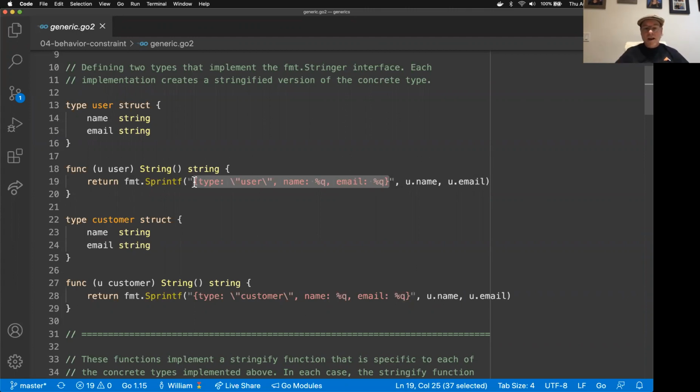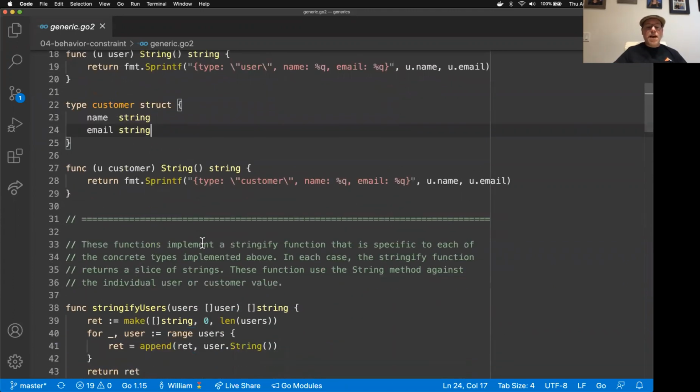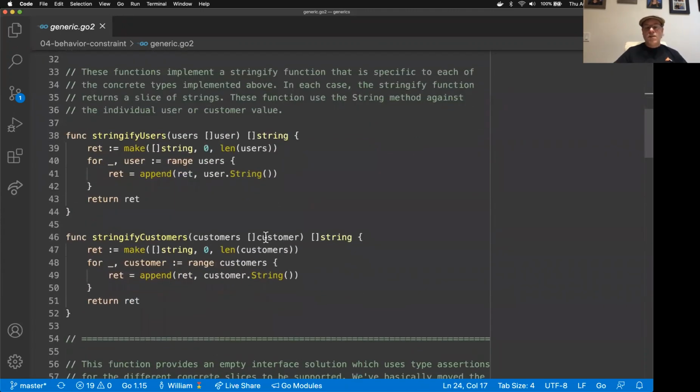And then the idea is, well, what if I have a collection of users and a collection of customers, and I want to stringify them all in another collection? Well, here's 5 lines of code that do it, right? We can get the length of the user collection here, and I can make sure that we have the right capacity for that slice. We can perform our linear traversal like we've done. And then the big key here is on the call to append,